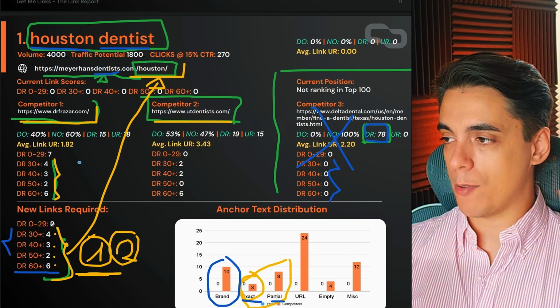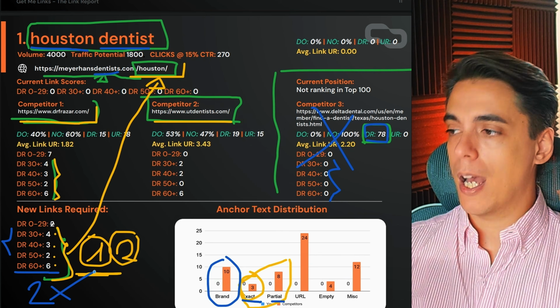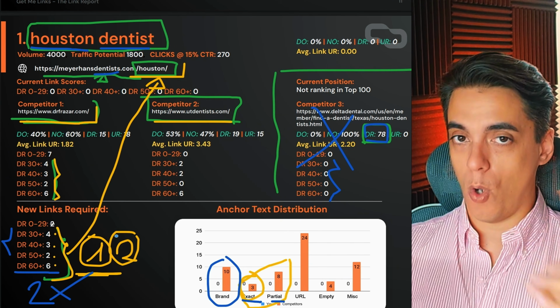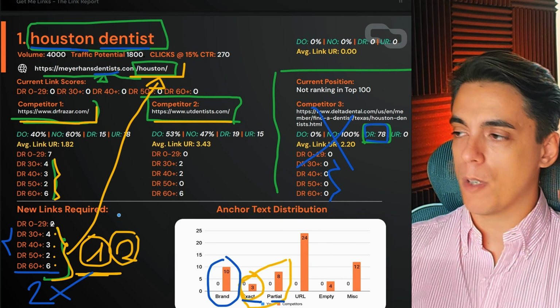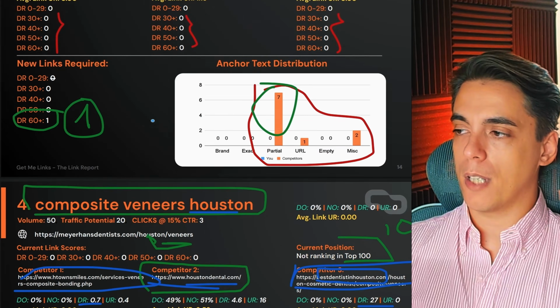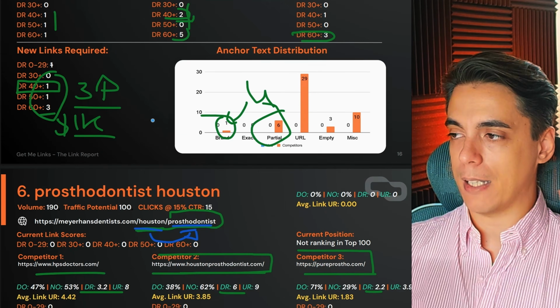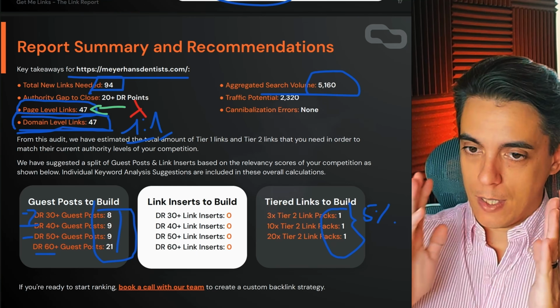And then there's going to be a way smaller amount of links to the inner pages, and you can build a bit more to the homepage to build this up. So you can likely double this number at the homepage level and then just do all the other inner pages and bob's your uncle. So we're probably talking about something a lot more along the lines of 60 backlinks if you only want to rank the homepage instead of the almost 100 that we have to do here if you want to rank an inner page for a city. As you can see here,